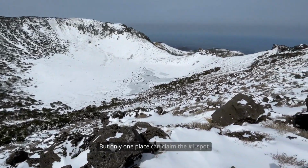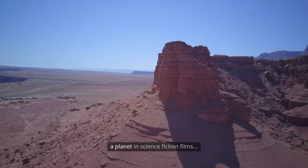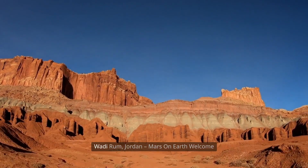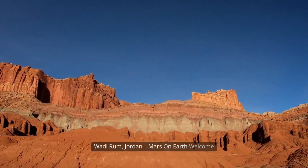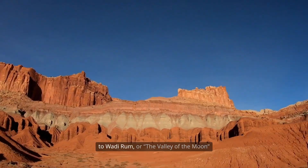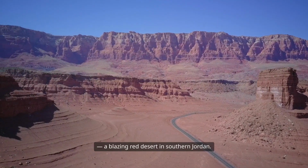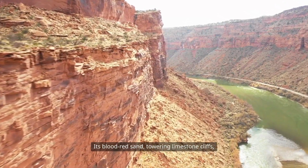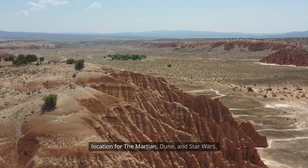But only one place can claim the number one spot, a land so otherworldly it became a planet in science fiction films. Top 1. Wadi Rum, Jordan, Mars on Earth. Welcome to Wadi Rum, or the Valley of the Moon, a blazing red desert in southern Jordan. Its blood-red sand, towering limestone cliffs, and deep canyons have made it the filming location for The Martian, Dune, and